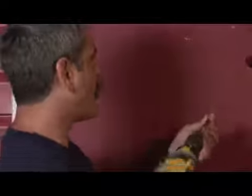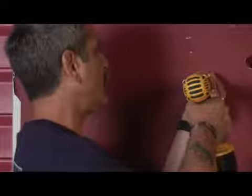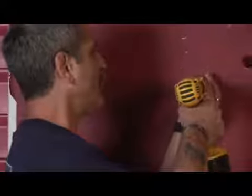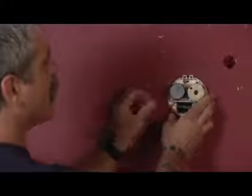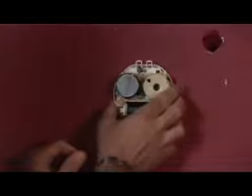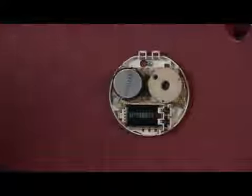We take our hand screwdriver or our electric-powered drill or screwdriver where we've marked the hole and begin to run the screw into that surface area. We then take our smoke alarm and we place it right over top of the screw and slide it over to the thin part of the slot and continue turning the screw